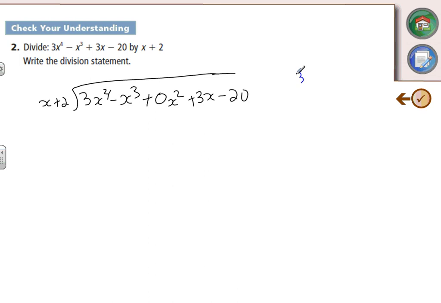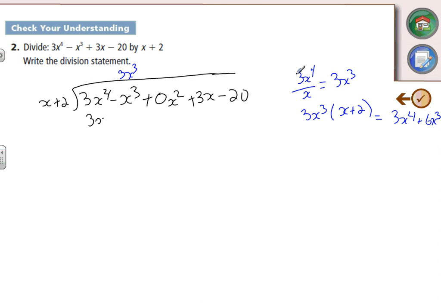Okay, so 3x to the 4 divided by x leaves us 3x cubed. 3x cubed, write it above the cubes. Multiply it back together. 3x cubed multiplied by x plus 2 gives us 3x to the 4 plus 6x cubed. So we've got 3x to the 4 plus 6x cubed, and subtract. So change both signs and add, changing the signs. And that gives us,